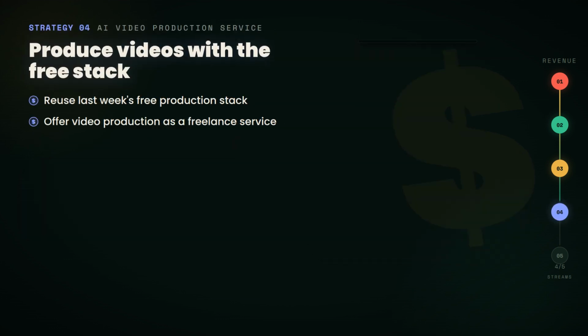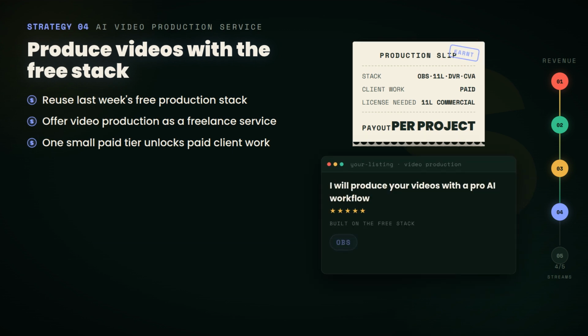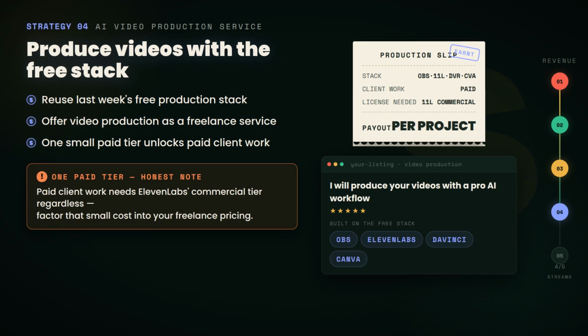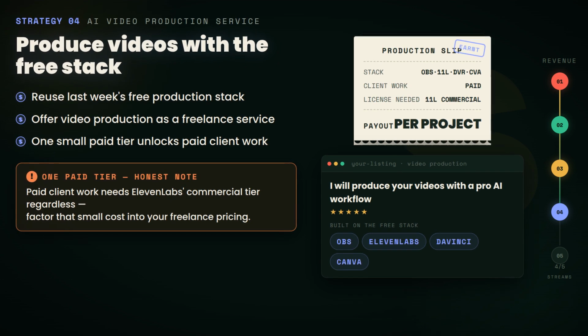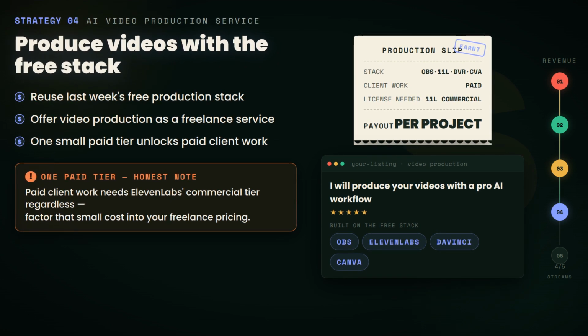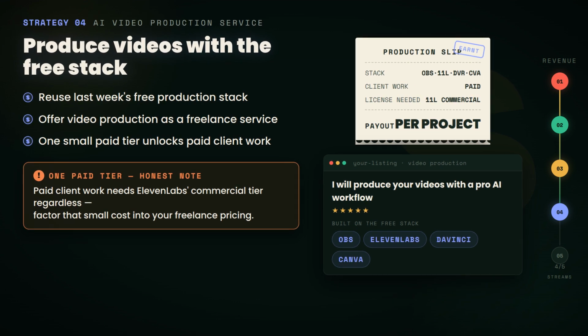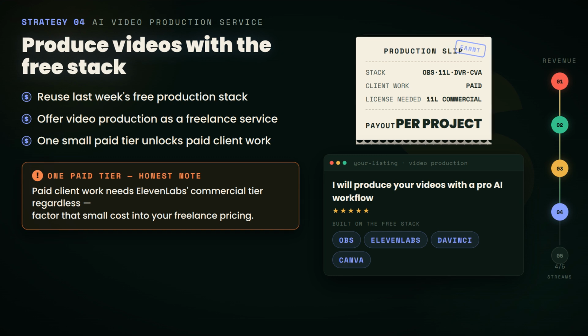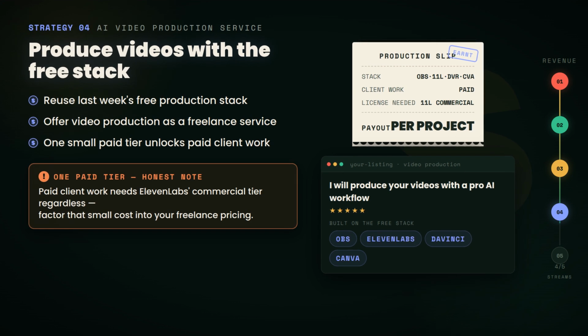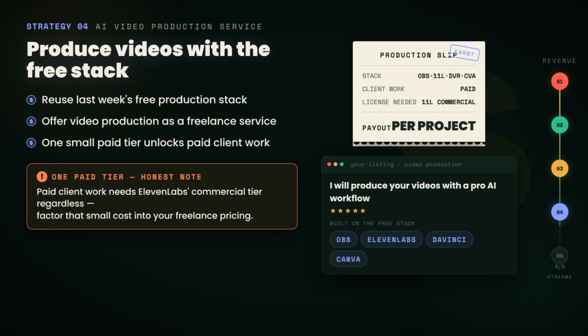Strategy 4. AI video production service. Using the free production stack from last week's video, OBS, AiMineLab, DaVinci Resolve, Canva, offer video production as a freelance service. One honest note tying back to last video. If you're producing paid client work, you need AiMineLab's commercial tier regardless, so factor that small cost into your freelance